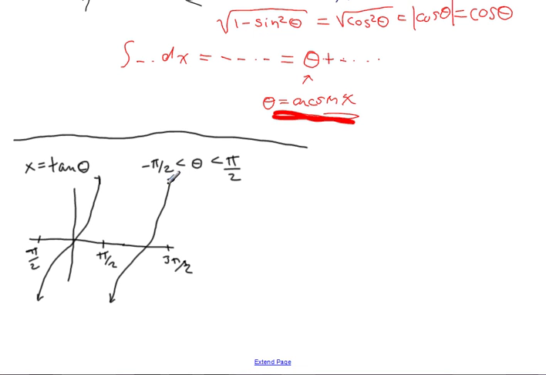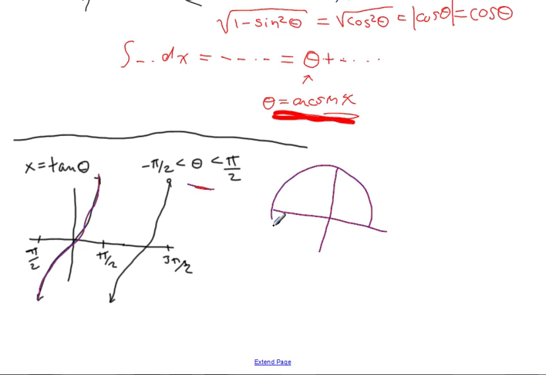But if I restrict it to this piece right here, it's going to be 1-to-1 on that piece, and everything that can come out of the tan function will come out. All real numbers will be gotten that way. So this is a perfectly reasonable restriction, but what's more to the point is that in that restriction, of course,